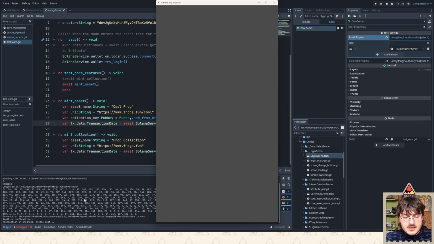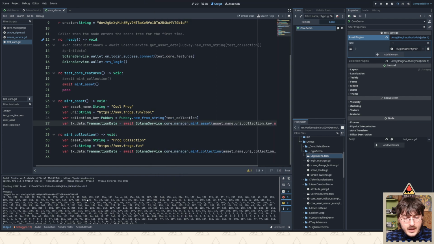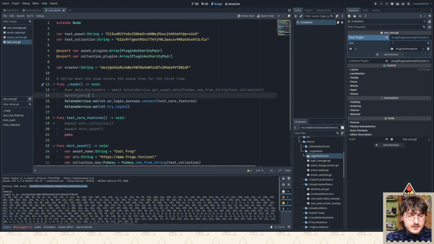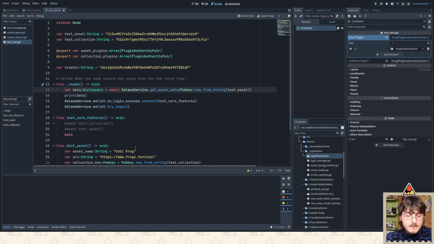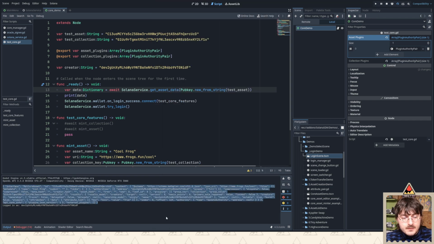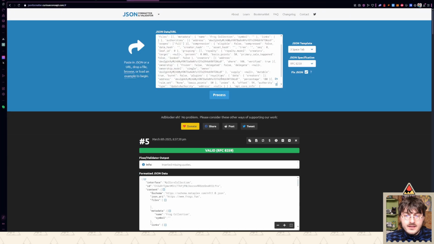Now we're minting an asset. And it seemed to be okay. And now let's try and fetch it again. So now we're going to not mint an asset, but check the data. Check the data, and well, let's do test asset. And this time we should see that